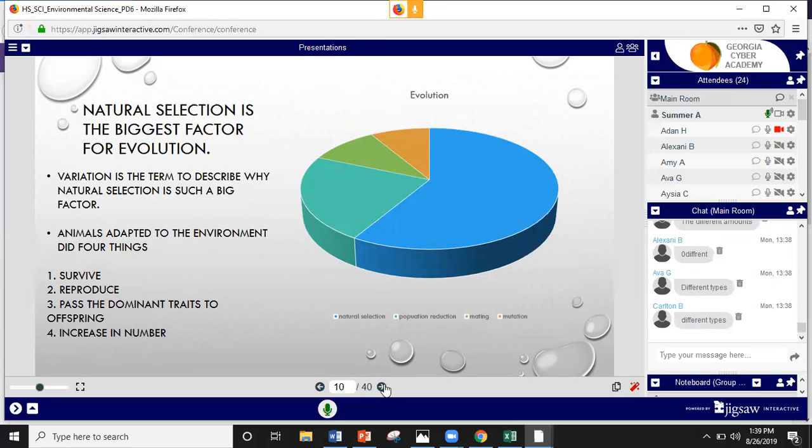Natural selection is the biggest factor for evolution. Variation is the term used to describe why natural selection is such a big factor. There's a variety or different kinds of animals, and I don't just mean the difference in a cow and a pig. I mean, not all cows are the same. So within one species or one group of animals, they're different because animals have adapted to their environment. They do this so that they can survive,